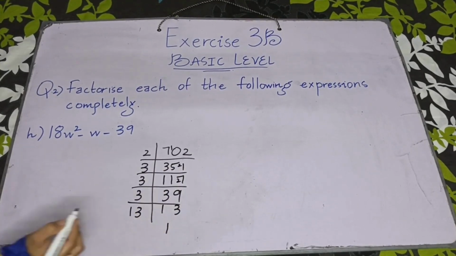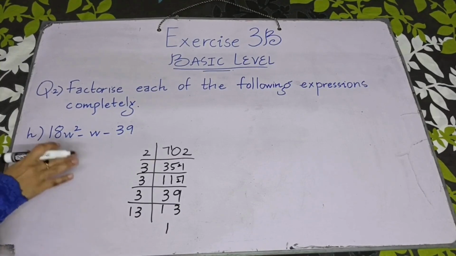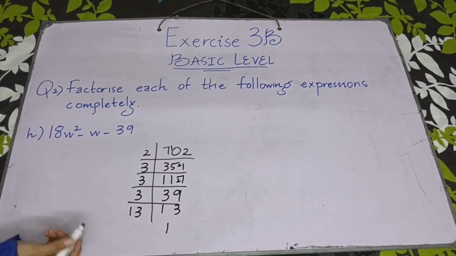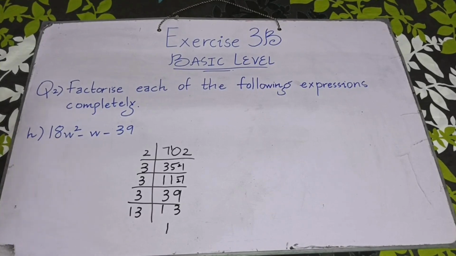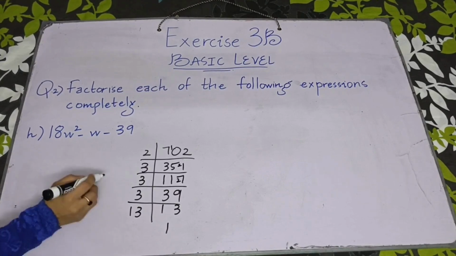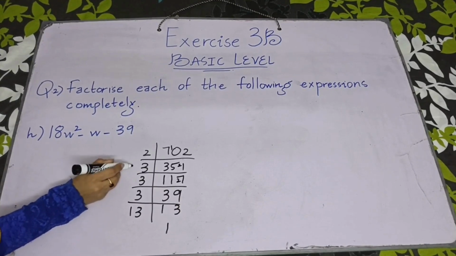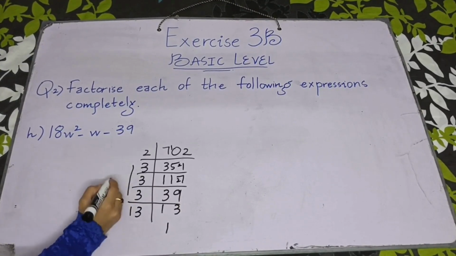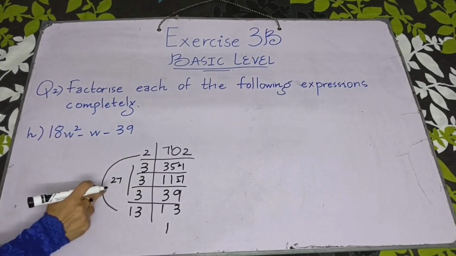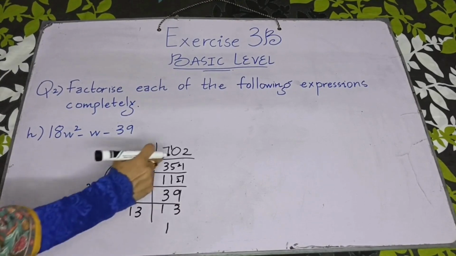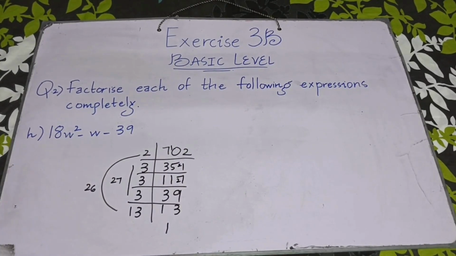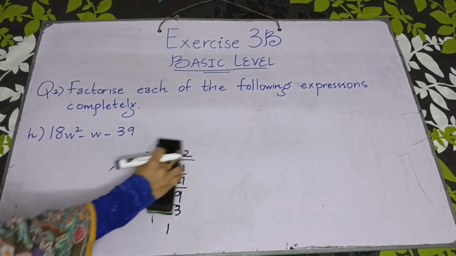Now we are going to make the pairs and see which two numbers will be multiplied to make 702. And if I add and subtract, I just want a 1. Let us see how we can solve it. 3 multiplied by 3 multiplied by 3. 3 times 3 is 9, 9 times 3 is 27. And 13 and 2 will make 26. So 27 multiplied with 26 will make 702, and 27 minus 26 will make 1. See, we get the answer 27 and 26.